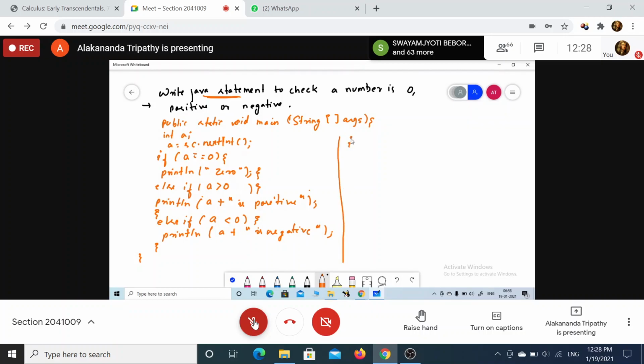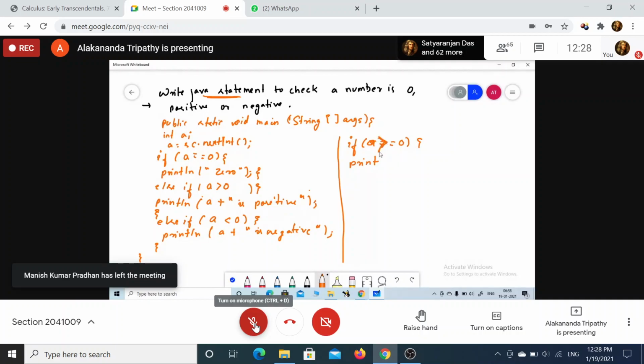We can go for, here I am writing if A equals to 0. If it is 0, then nested if will not work. It will not be done using nested if. Ma'am, if we use A is greater than equal to 0, then we can use A greater than 0. We are going to use A greater than 0 or A less than 0. Yes, ma'am. Ma'am, it can be done in nested if, but the program will just become unnecessarily long. Yes. Then again here you need to check A equals to 0.